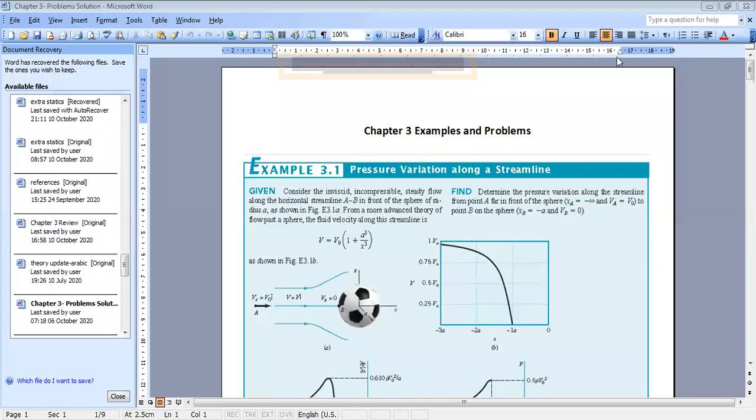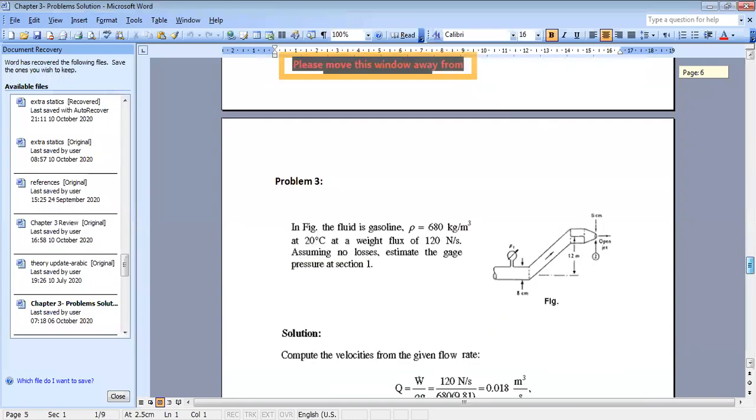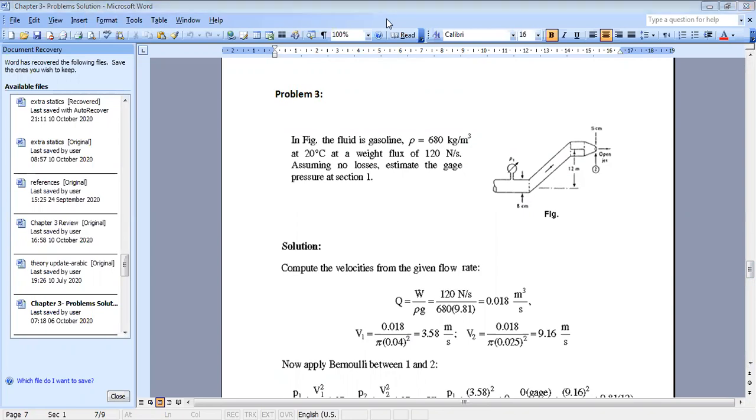Okay, so we were doing problems on chapter 3. In problem 3, in the following figure, the fluid is gasoline where the density is 680 kilogram per meter cube at 20 degrees at a weight flux of 120 Newton per second. Assuming no losses, estimate the gauge pressure at section 1. So what we have here,